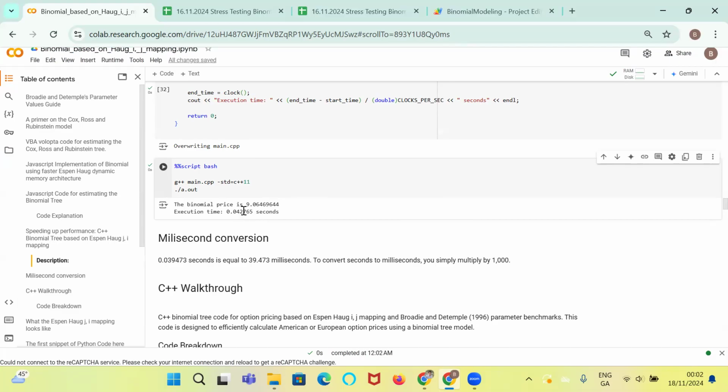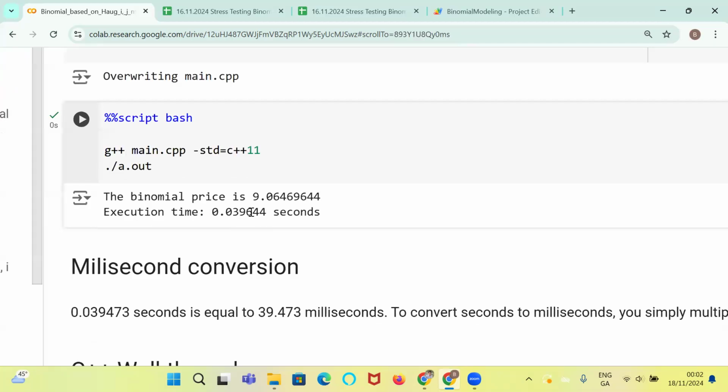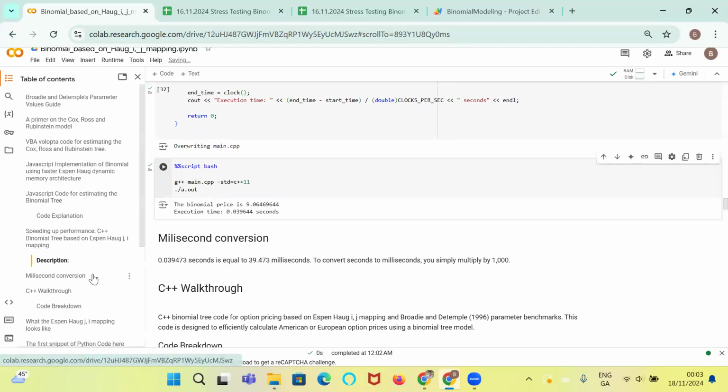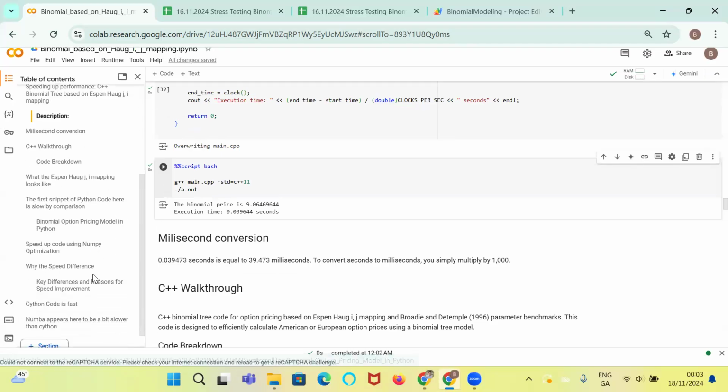So it's 0.04276 seconds. Or if we had written that in terms of milliseconds to compare below, it's about 42 milliseconds. If we run again, it's 39, not too different from here. So this 0.039644 corresponds here to 39.473 milliseconds. Okay, so the second snippet of code, if we come down, is I'm going to use again the